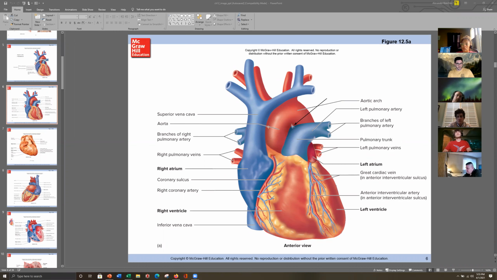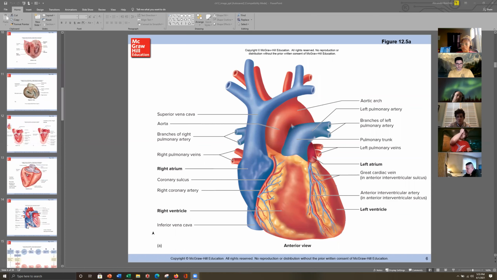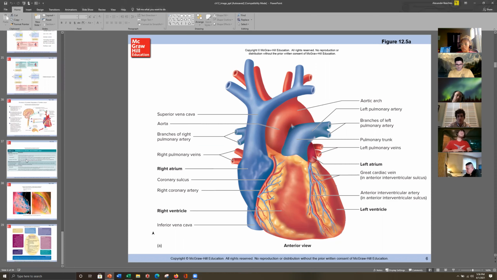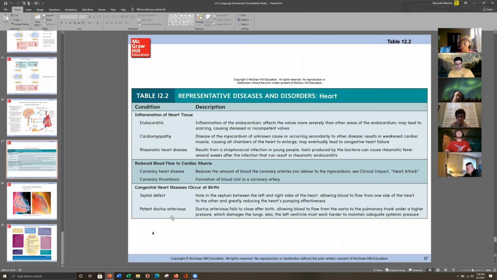So if we go back to that list here, the ductus arteriosus condition, the patent condition, patent just means open. What that allows for, again, is another condition of mixing of blood between the systemic and pulmonary circuits, right? So the ductus arteriosus fails to close after birth, so it doesn't transform into the ligamentum arteriosum,